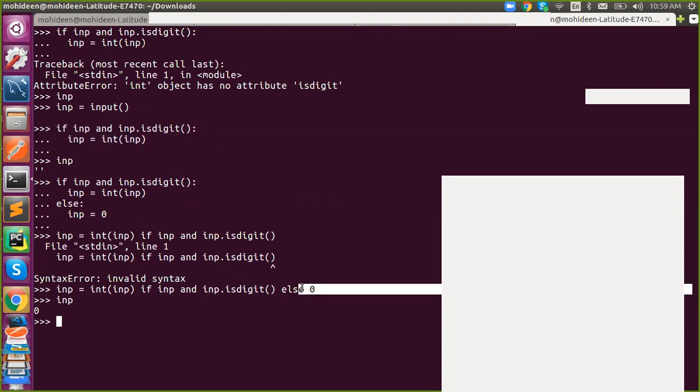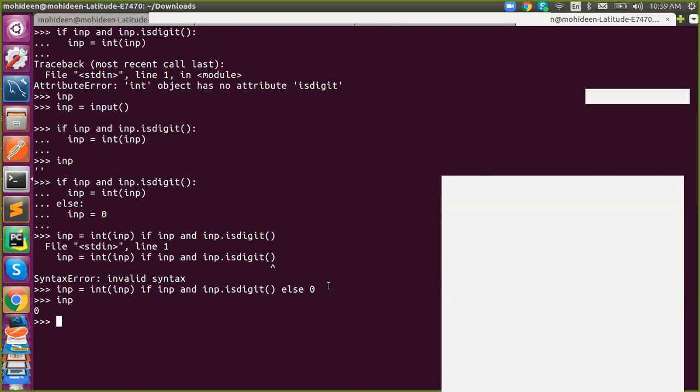Whenever your variable requires this or this, in that case, if you're using a traditional conditional block, you might miss the else part because else is purely optional. If you missed it, what happened? Your INP doesn't contain anything, and then your next expression will raise an error. But if you wrote it like this, you all know this is mandatory. If you missed it, it will raise a syntactical error, so it won't allow you to proceed further. So your program will be error free in terms of variable assignment, not for conditional execution. It is purely for variable assignment.